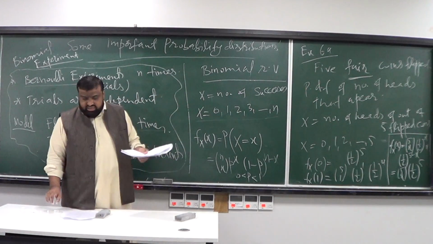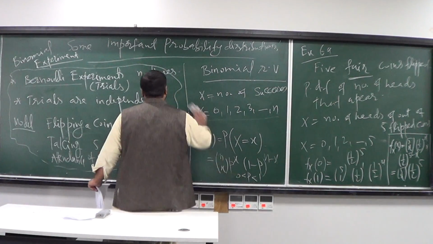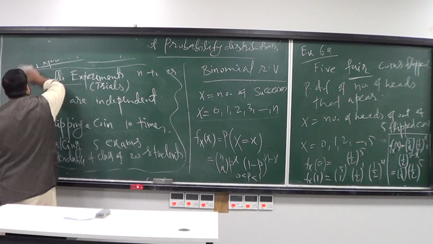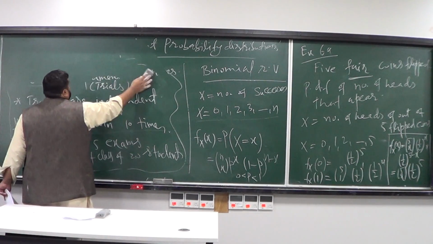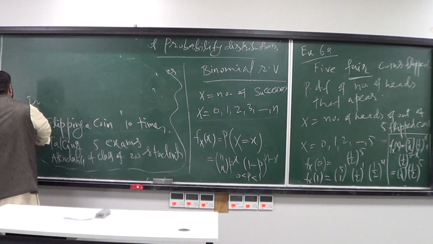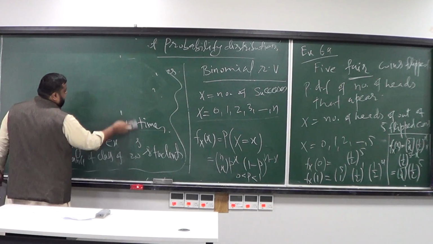So let's talk about another example of a binomial random variable. As I said, a binomial random variable or binomial experiment is an experiment in which you do the Bernoulli experiment, but for a fixed number